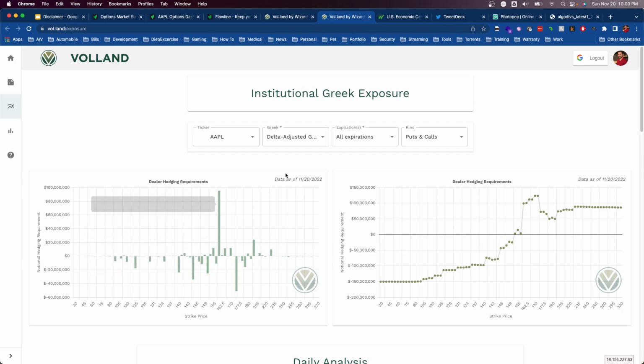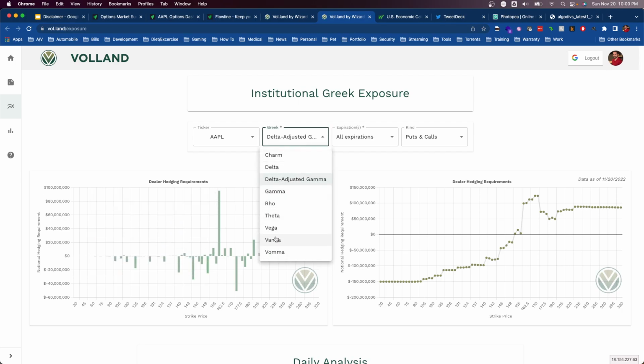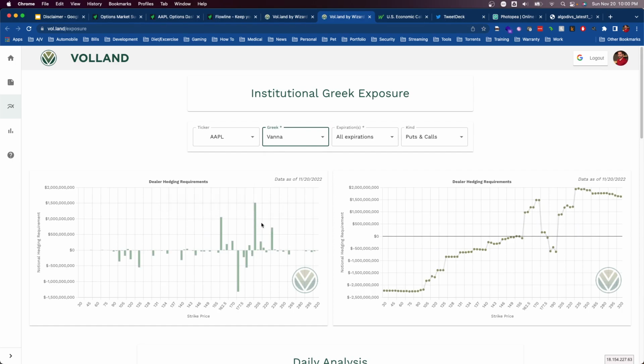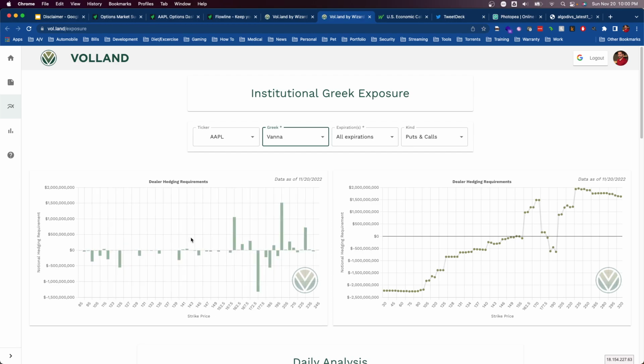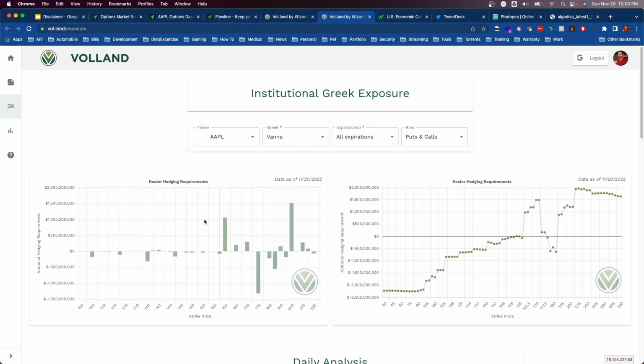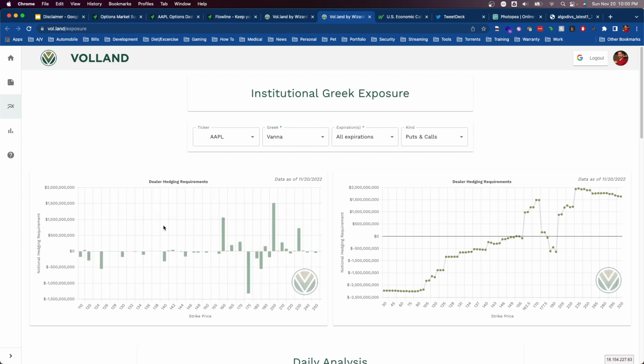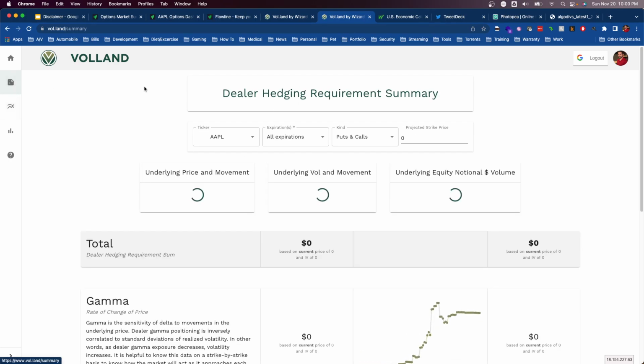We typically have a lot of gamma, but I want to look for areas where there's a lot of VANA, which can typically result in a magnet. And a lot of times this VANA will cancel each other out. So we do have this 160. All this VANA is way out of the money, so we're not really going to pay attention to that. Now, if we zoom in here, there's not a lot to pay attention to. So not getting a lot out of this particular chart, but what's really awesome is if I go here to